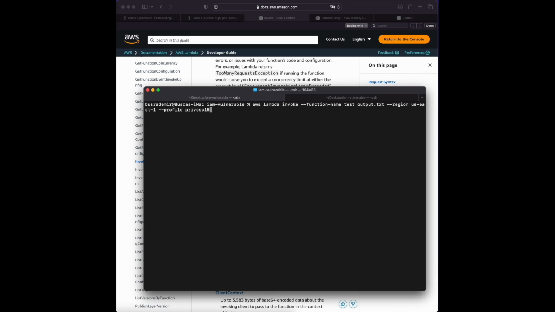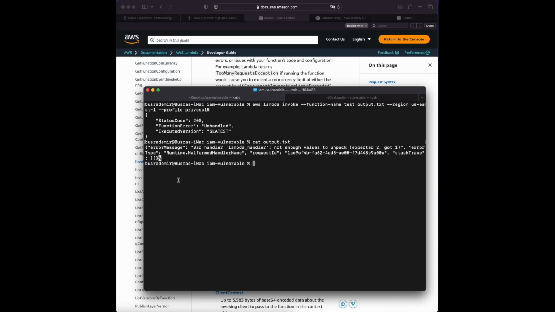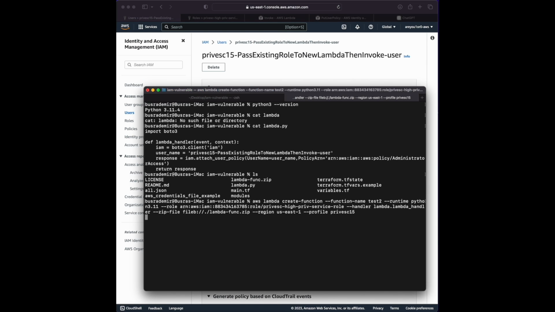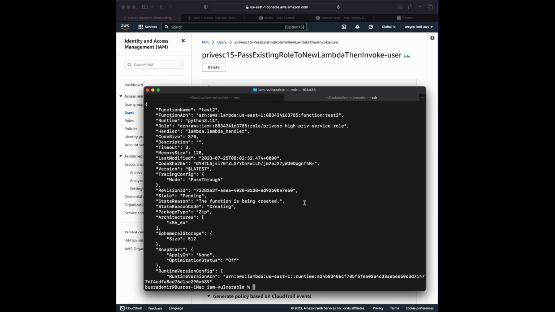And we get an error message, so we need to correct it. I think I made a mistake in the file name, if I remember correctly. So let's see. The output also shows that the handler is given wrong. It says not enough values to unpack. So let's see, where can I update it? And yeah, if you attach it like that, lambda handler, that should correct the